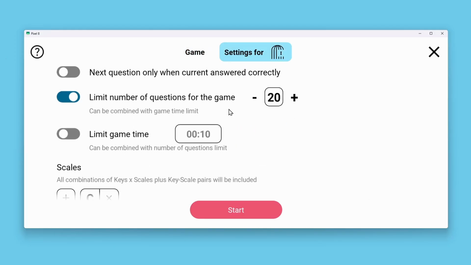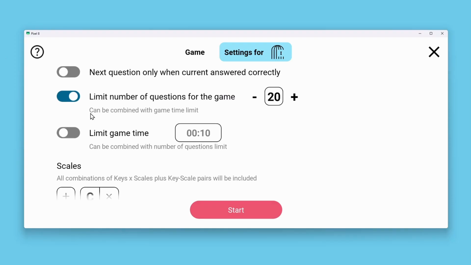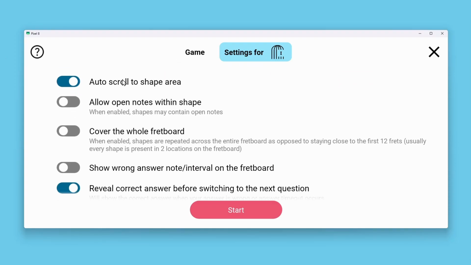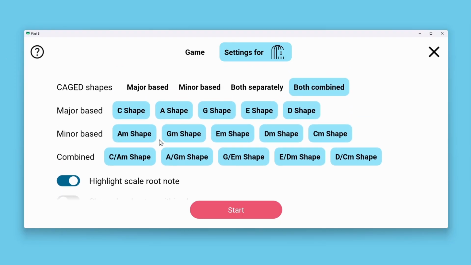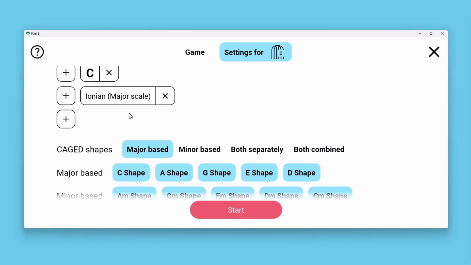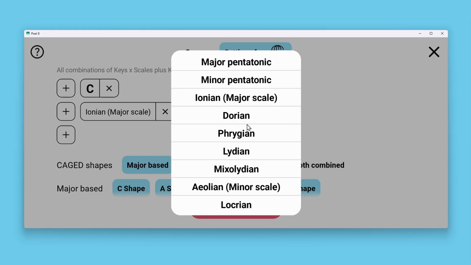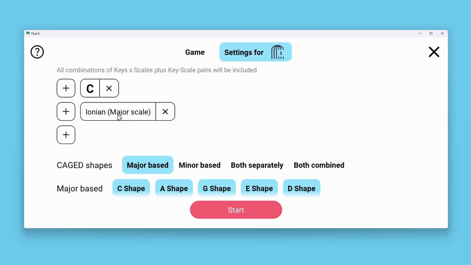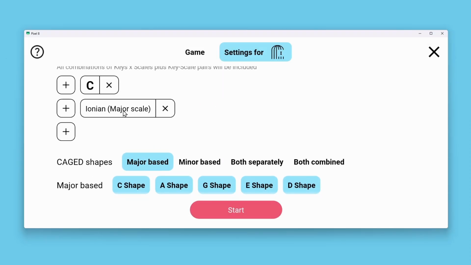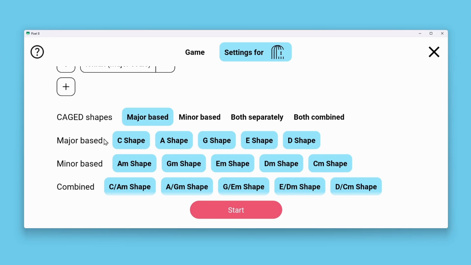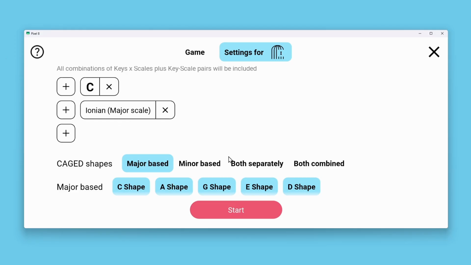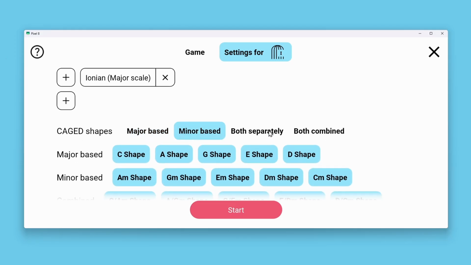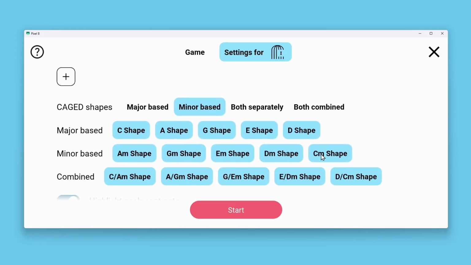In this game you can select here, let me restore some settings here. Okay, so you have major based CAGED system, you select these scales to play with. For major pentatonic and diatonic you should select major based, and here you can select which shapes you want to train on. For minor scale and minor pentatonic scale you can select minor based, and these are shapes that you can select